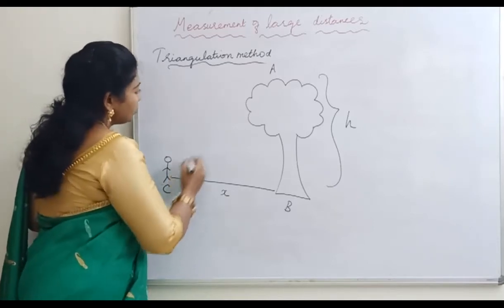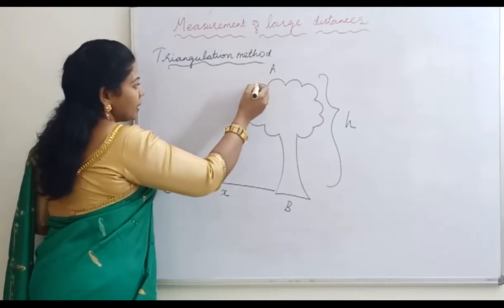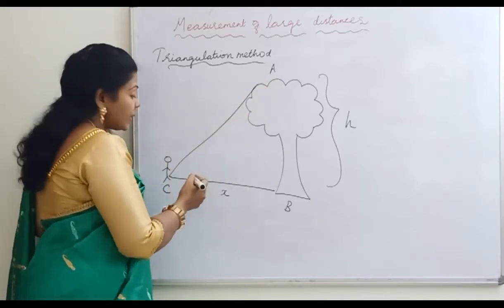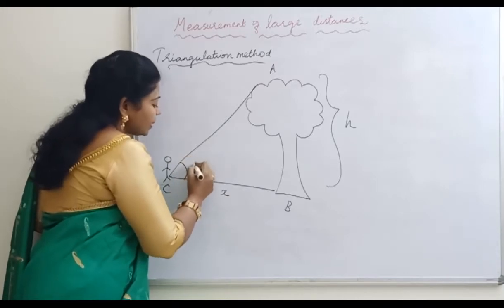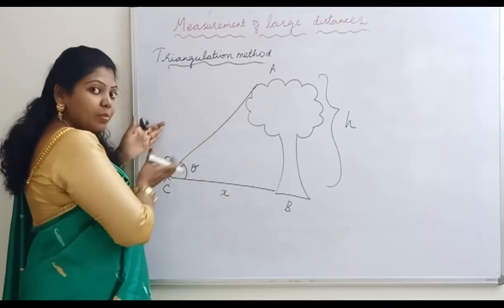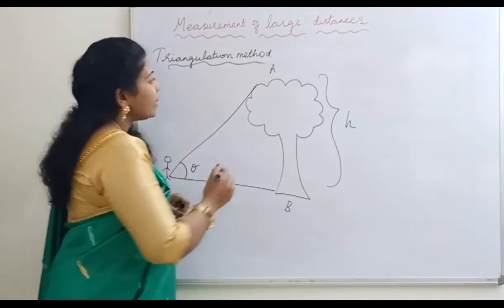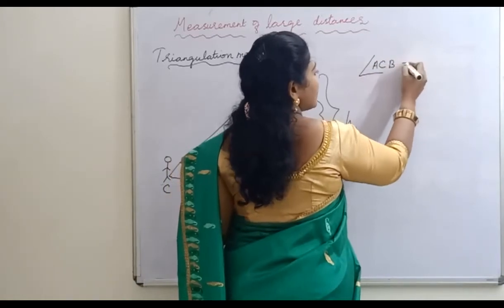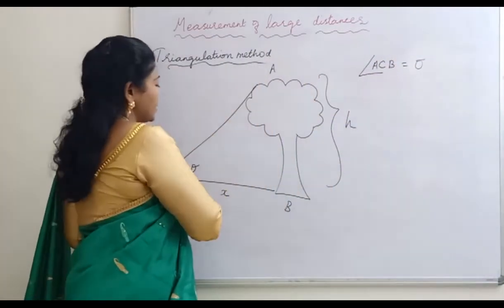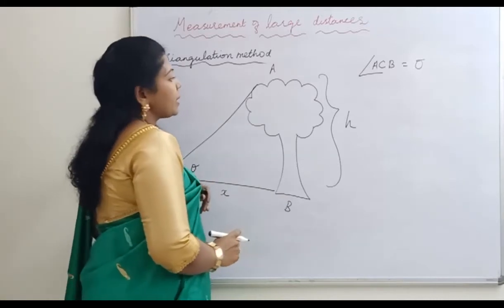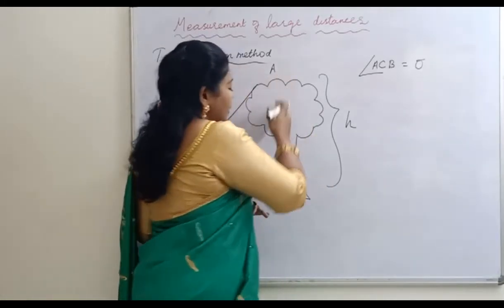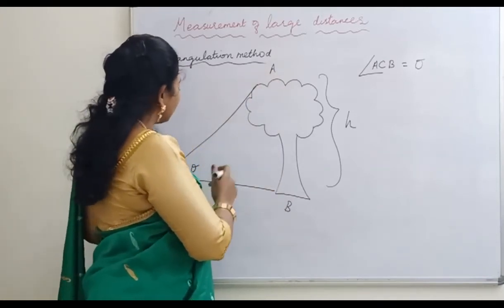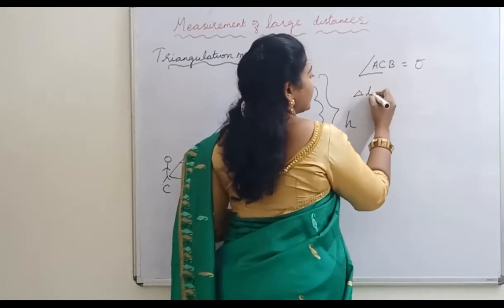Now he wants to measure the height of the tree. From here, using a range finder, we can measure this angle theta. The angle theta can be measured. So we can write angle ACB is equal to theta. Take it as a right angle triangle. This is a right angle triangle. In this right angle triangle ABC,